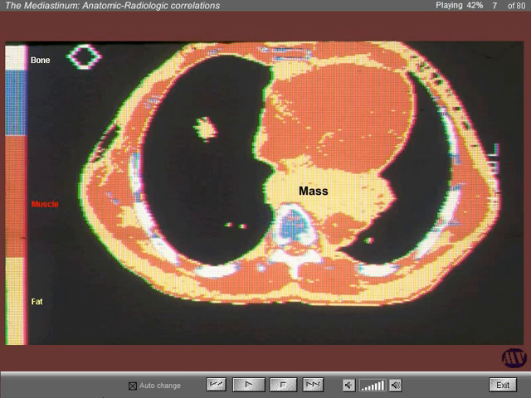Note that it has the same CT values as the fat that surrounds the heart and is seen in the subcutaneous region. We therefore made the diagnosis of a fatty tumor, and we suspected that this was a simple lipoma of the mediastinum. The thoracic surgeon in this case wanted to operate on this patient and was reluctant to do